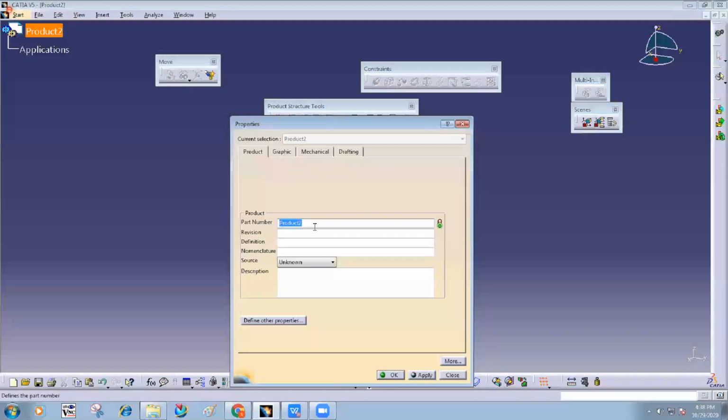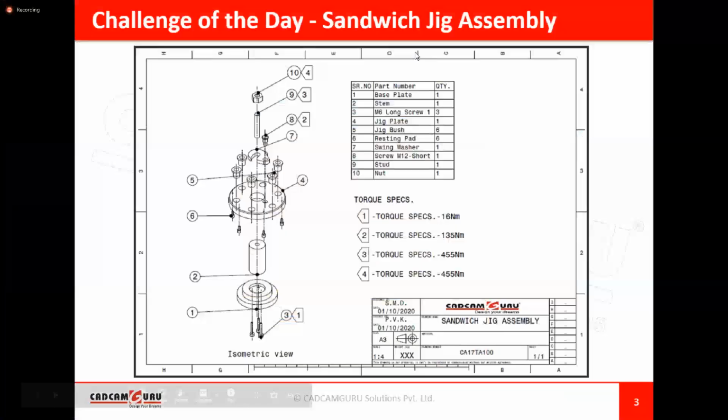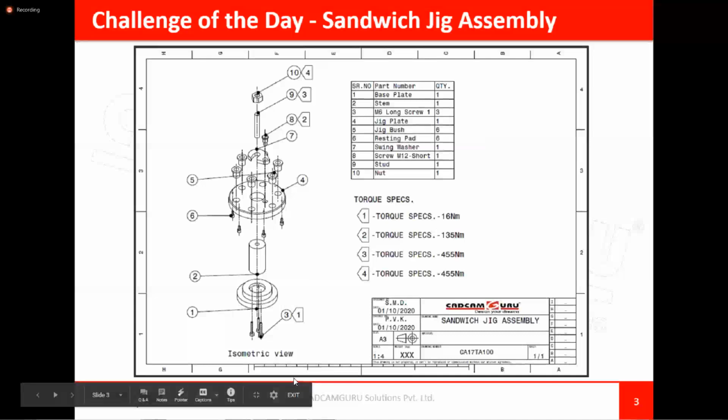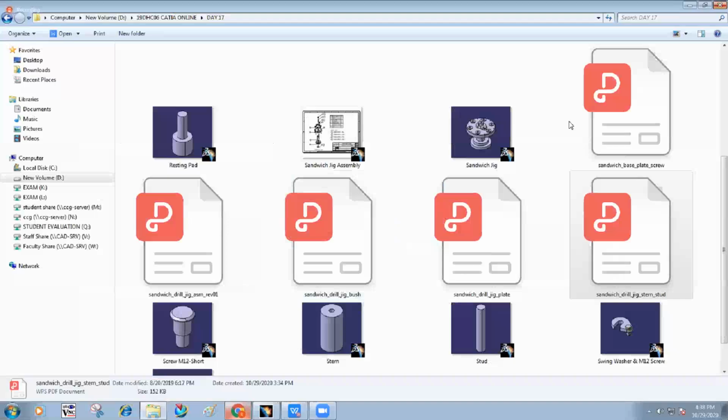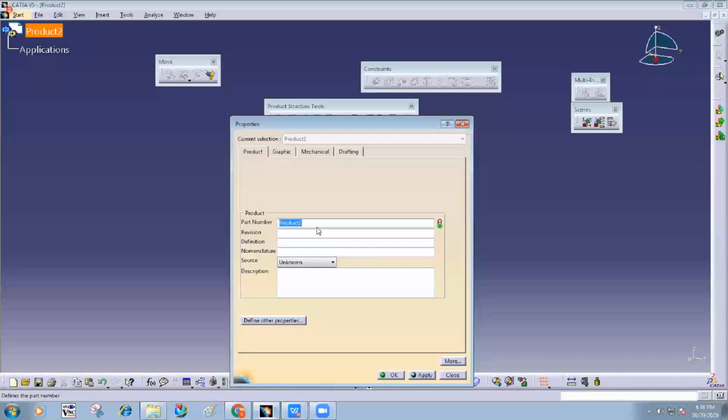What is that name? Assembly name is sandwich jig assembly, unit 2.